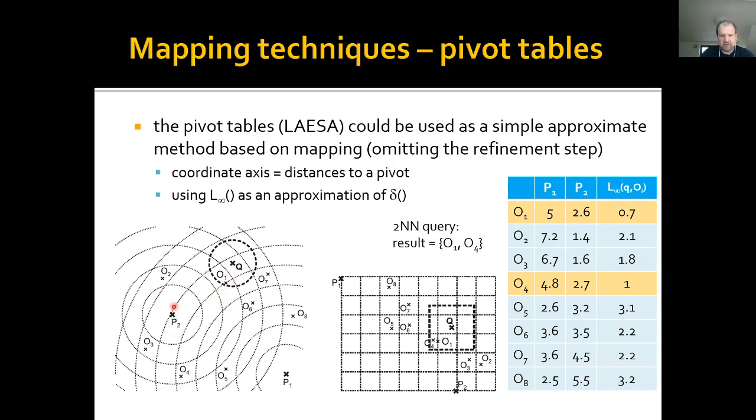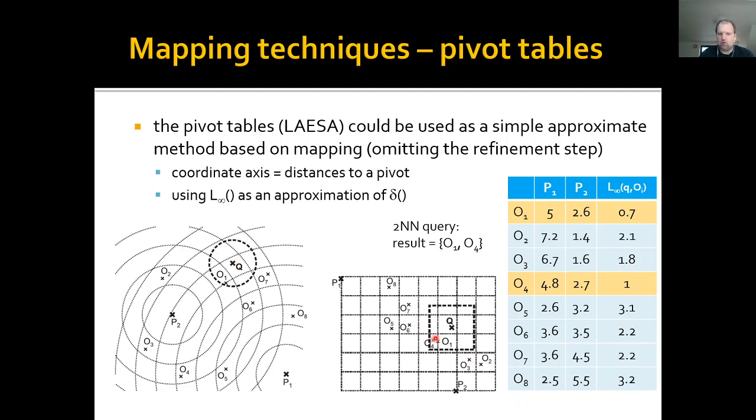They are all the same distance from P2 and from P1. So that's why they are close together in the target space. And this is the approximation. We could also omit the second filter phase, which would follow the mapping phase for exact search using pivot tables, where we need to check all of these candidates to find the nearest neighbors in the original